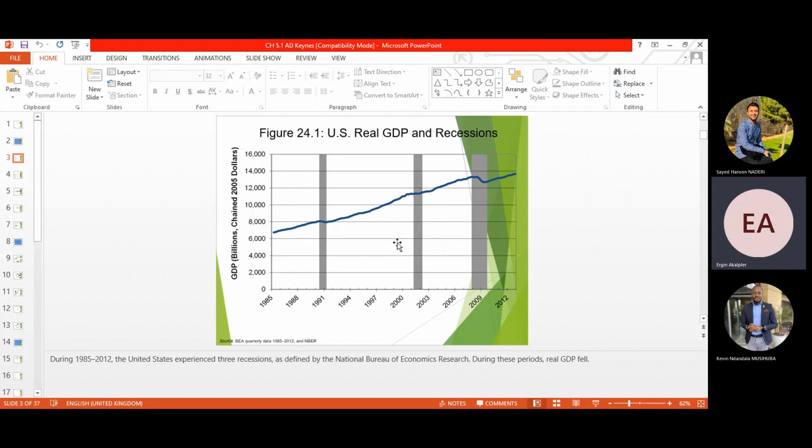But the most important two parameters you have to look at for the evaluation of economies are the GDP, and the performance of the economy is directly related to employment also. And inflation, which affects and has multiplier effects on the other parameters, is also important to control. You are observing here the GDP